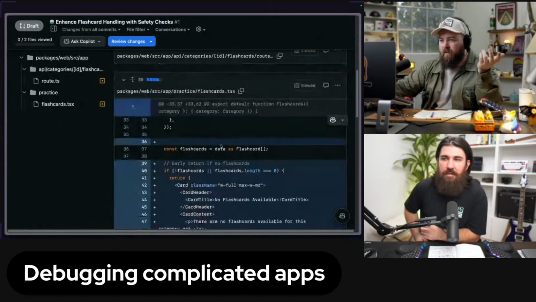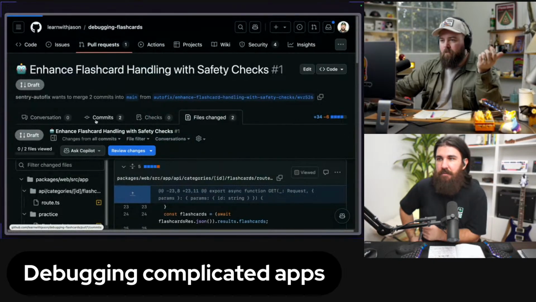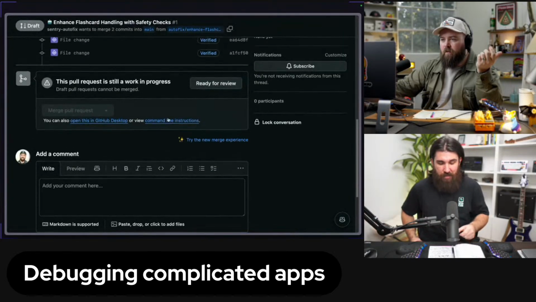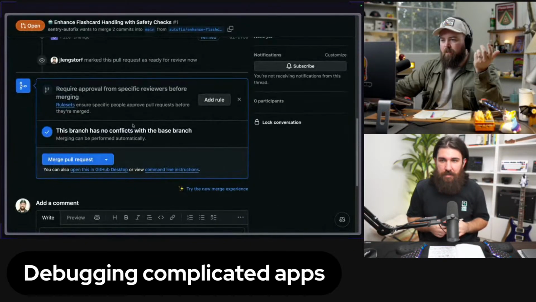You don't need to merge this one if we don't want to. Right now it's in GitHub, which means here's the fix. You can edit it if you wanted to. We could hit ready for review, and then it would kick off our CI/CD and all the things. If you wanted to merge it, fine. But yeah, let's merge it.